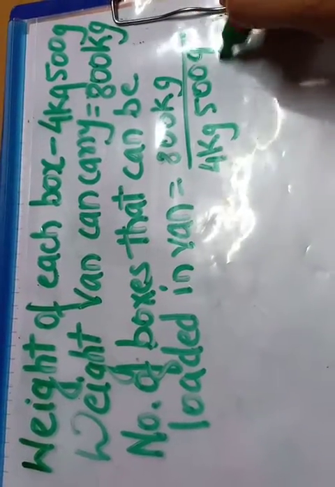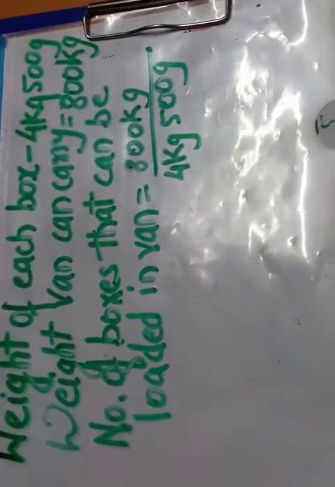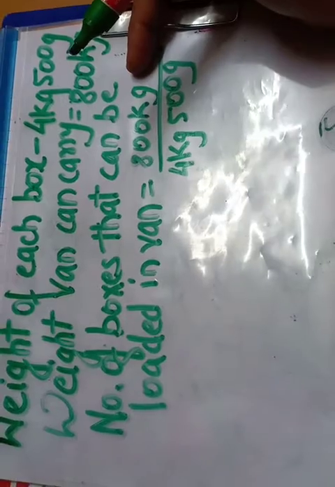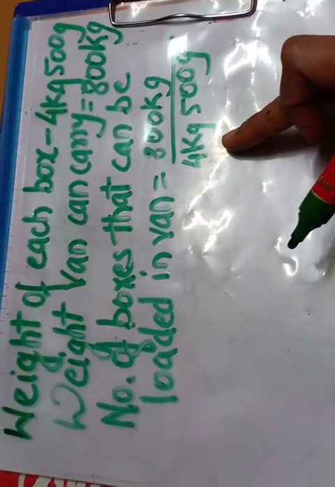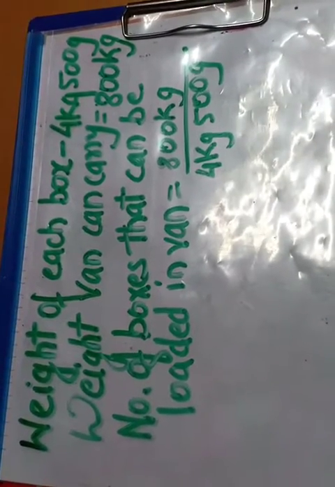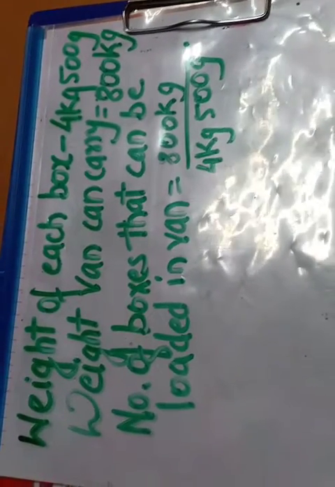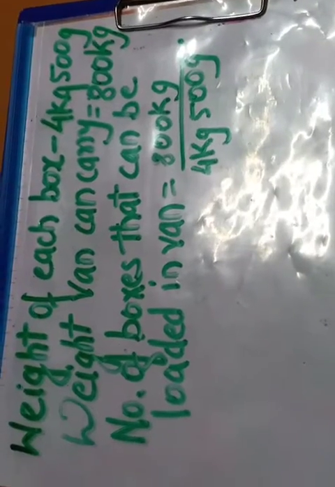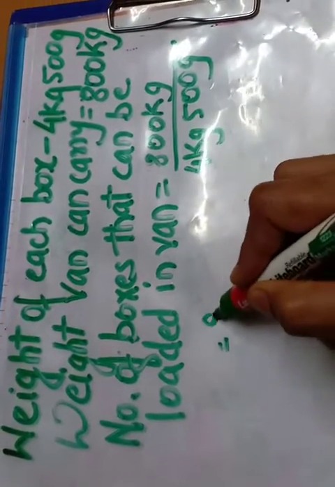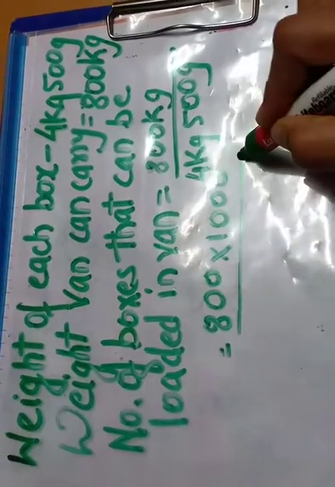But now if you will see over here, the weight of box, it is given in mixed units, kg and gram. So what we will do here, first we will convert this kg also in grams and this kg also in grams, so that we can do the operation. Because if the units are different, then we can do the operation, but it would be little difficult for us. Okay, so it's better to be on the safer side, that we first convert it into same unit and then we perform the operation. So now 800, when I convert it into grams, I'll have to multiply it by 1000. Why by 1000? Because 1000 grams make 1 kg.